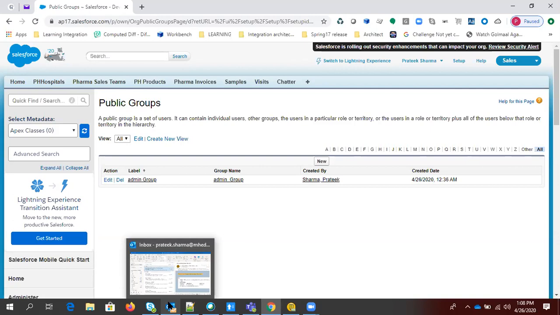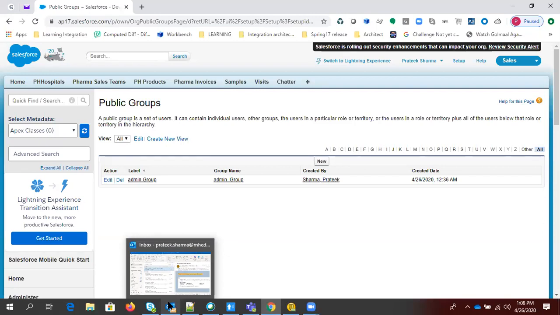What your company can do is create four different queues to hold those cases based on the time zone. If you have an APAC case, it should go to the APAC queue. If you have an EMEA case, it should go to the EMEA queue, and EST, PST similarly. This is how you can create queues, and you can have different queue members.